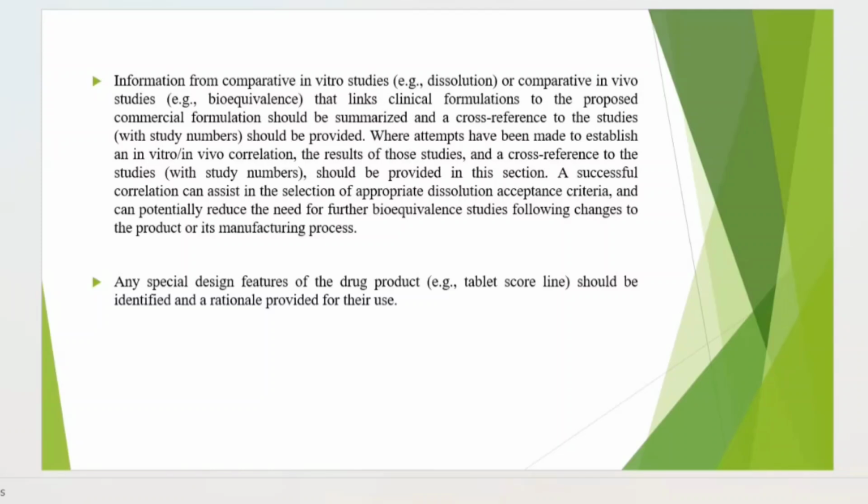Where attempts have been made to establish an in vivo in vitro correlation, the results of those studies and a cross-reference to the studies should be provided in this section. A successful correlation can assist in the selection of appropriate dissolution acceptance criteria and can potentially reduce the need for further bioequivalence studies following changes to the product or its manufacturing process. So here,